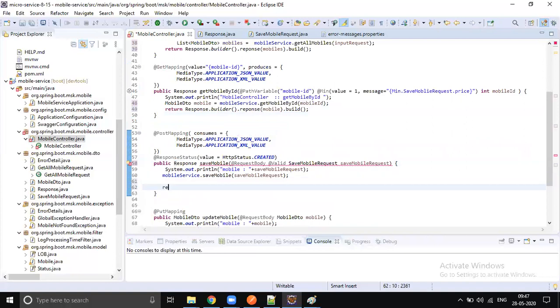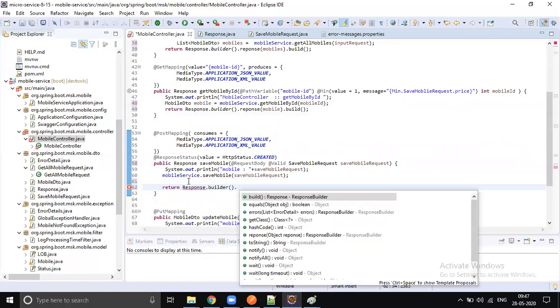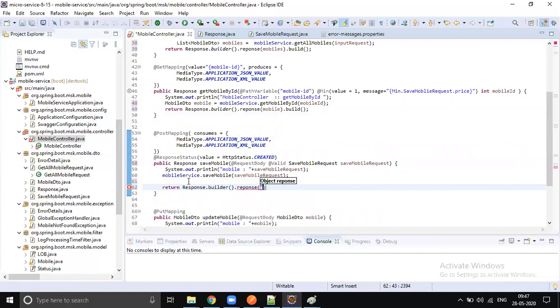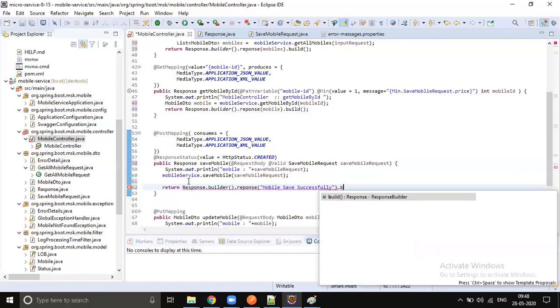Let's give some message, right? So return response.builder().response("mobile save successfully").build().